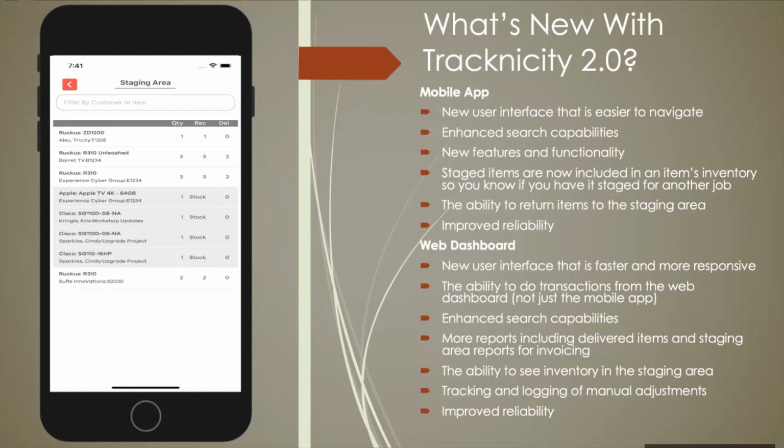The new web dashboard has a new user interface that is faster and more responsive. It also gives you the ability to do transactions from the web dashboard, not just the mobile app as you previously had to do with the previous release of Tracknicity. There are enhanced search capabilities, so the same search capabilities that are on the mobile app are now on the web dashboard. And there's more reports, including a delivered items report and a staging area report that can show